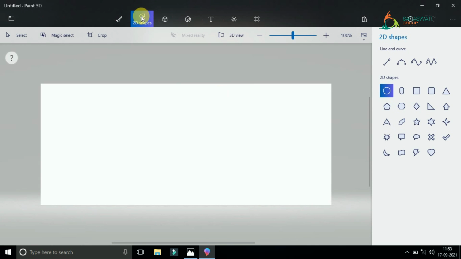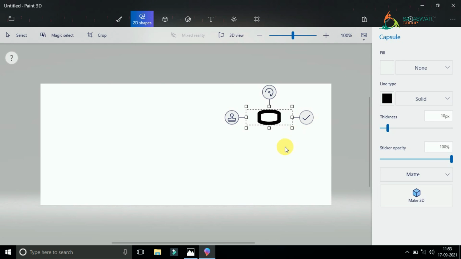So this is the tool category area in which we have taken the 2D shape. You can see there are so many 2D shapes given here, right? So what we will make first, let me make the circle only, right? It is selected, and then you can draw here on the canvas. Okay, let me take some other one, right? You can see here. This is the way you can draw the shape.